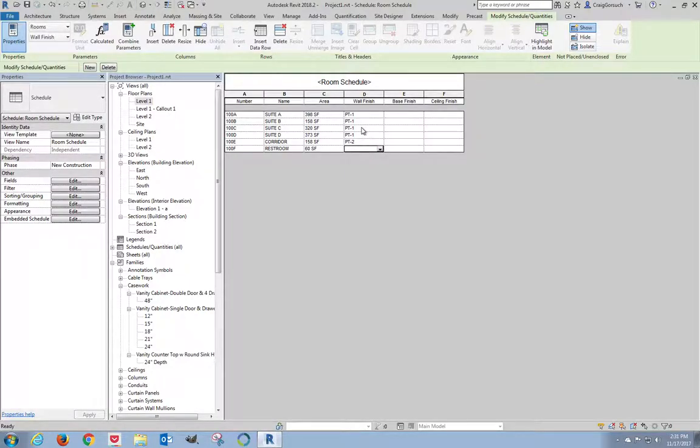And then in our restroom, let's say we want ceramic tile. And let's say we want a field tile and an accent tile. So ceramic tile 1, ceramic tile 2. There we go. For our base finish, rubber base. Anytime I enter something into a field here, it's going to